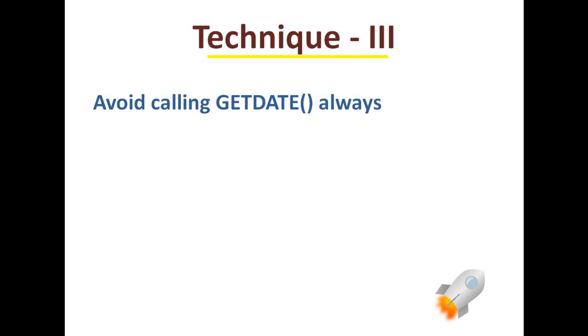So here now we'll be starting with the next thing, which is avoid calling getDate always. Now you would have seen a lot of times, whenever we want to use getDate, we straight away use the getDate function. Suppose you have a query in which, in the where clause, you have to write a condition that this particular column should be less than getDate. So normally, rather than storing the value of getDate, getDate is used directly.